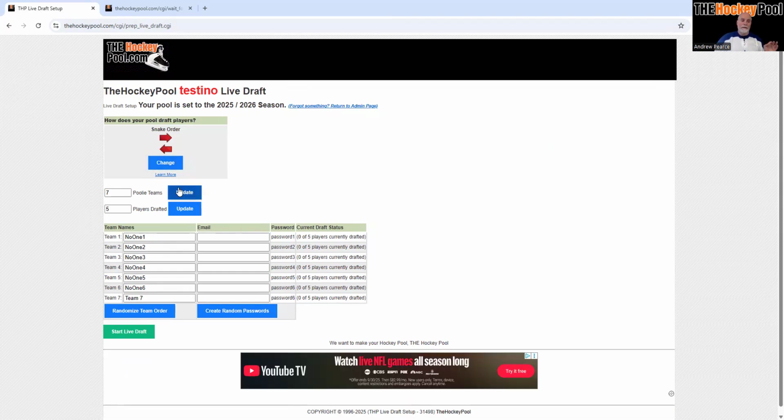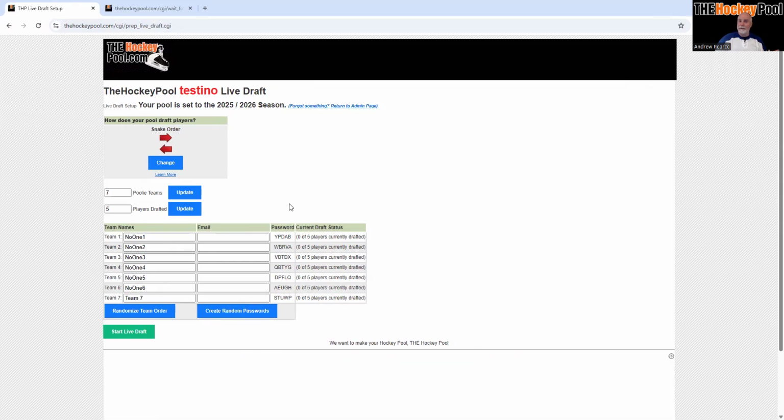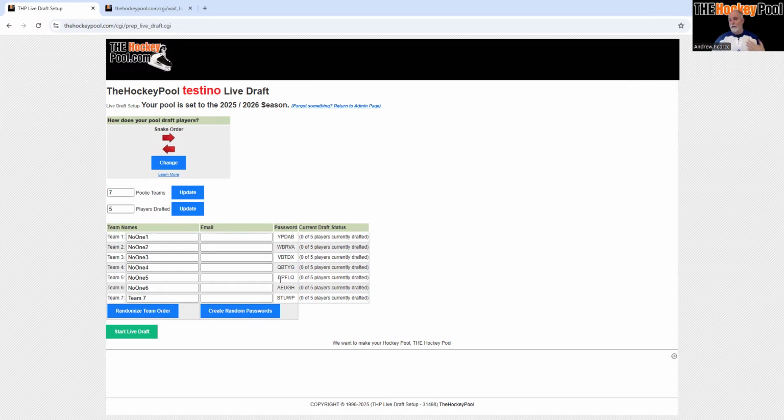You will also see that by default there's passwords for each of these teams. I'm going to just create random passwords. That's a little bit better way to do it. You can actually see that there's random passwords there. And once you've got a random password selected, you can click this again, and the random passwords are not going to change again. But if you did, say, add another player later on,